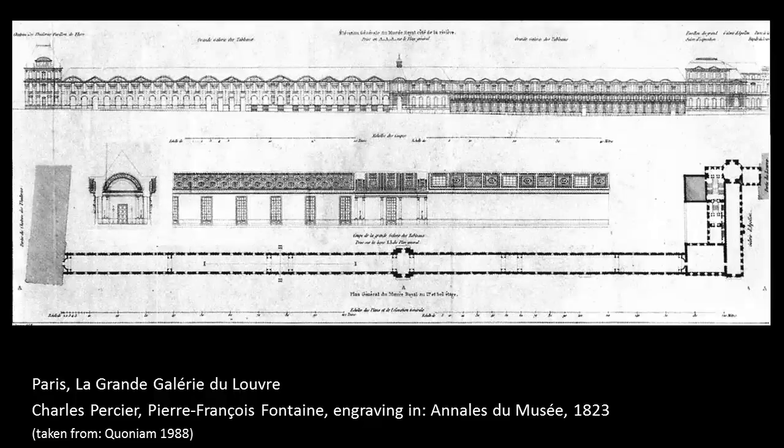So, the writer and artist Hermine van Scheese visited the Louvre very often. She was befriended with many artists and officials who gave her access to pictures that were not on display, which means to rooms that were not open for the public. And if we look here at the plan of the Great Gallery, it is difficult to identify which rooms that